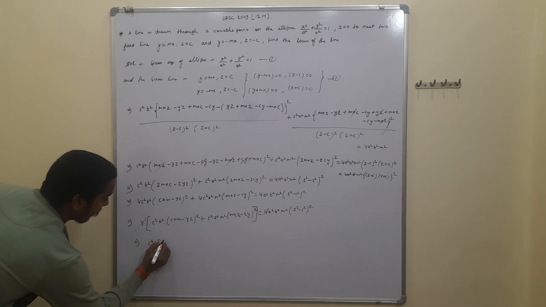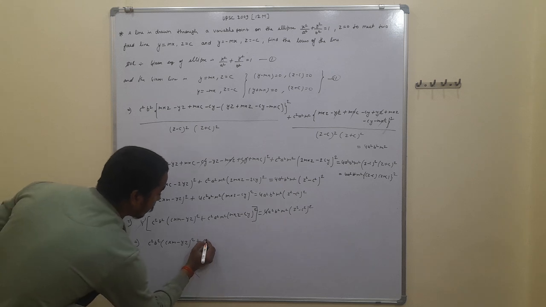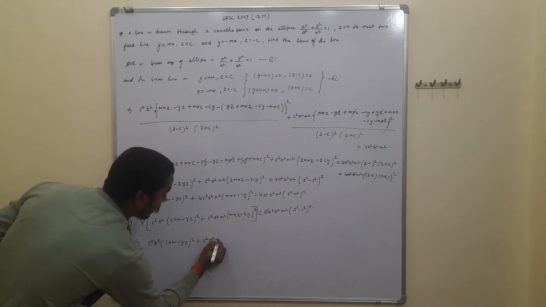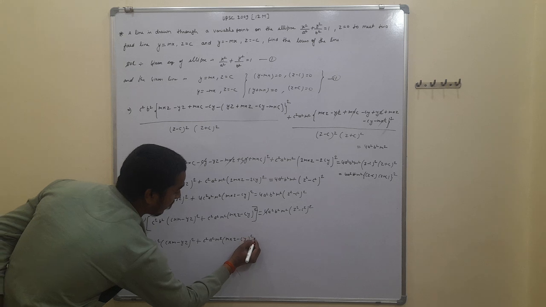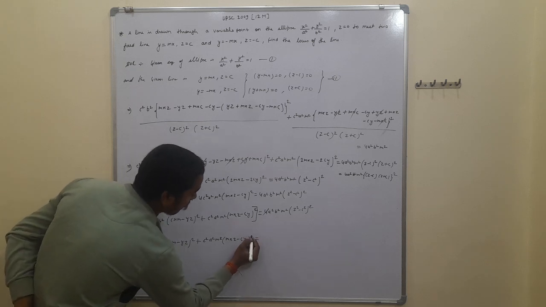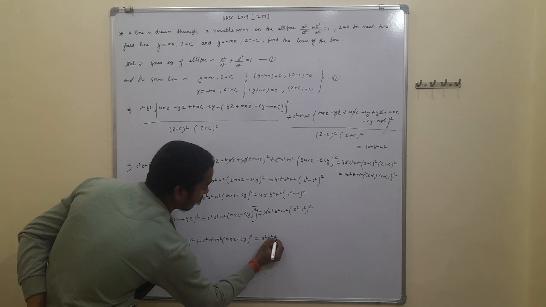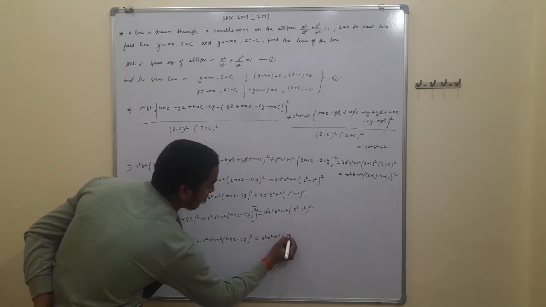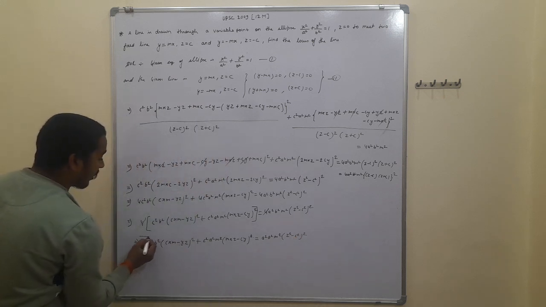into b square and cxm minus of yz whole square plus of c square a square into m square, this is m square and mxz minus of cy whole square is equal to a square into b square into m square and z square minus of c square whole square. This is the required locus of the